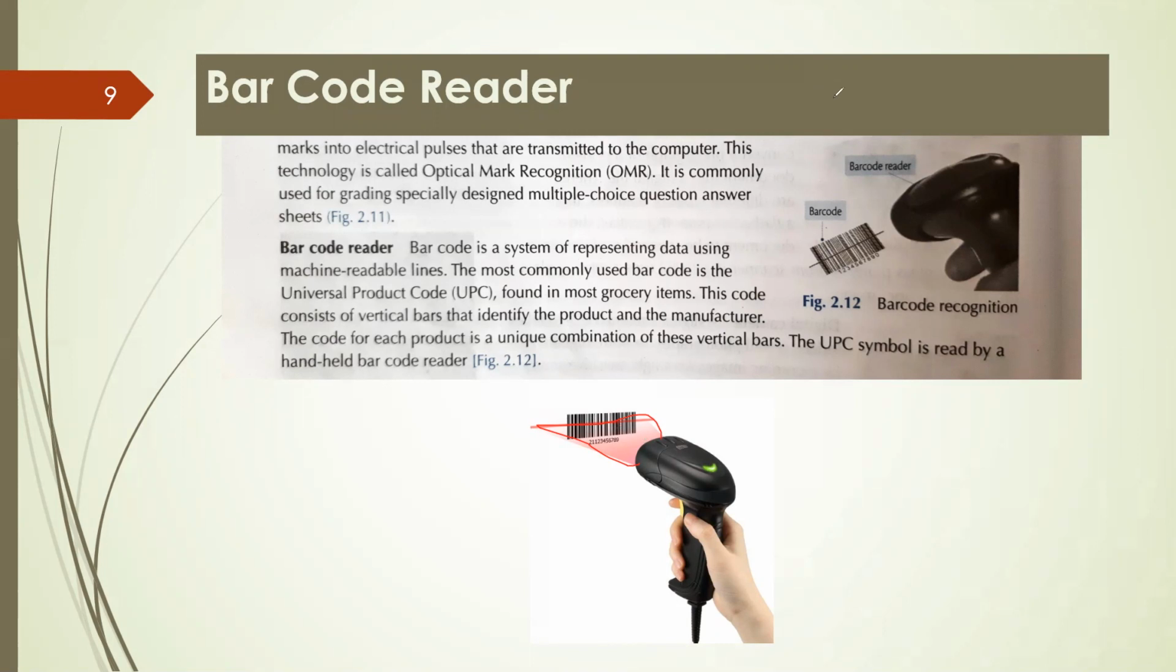All of you already know this, those who have gone to a shopping mall, for grocery items or even clothes, to recognize the brand, price and all. They don't need to look at the price, they just scan the barcode and every piece of information will show in the system. So after barcode, next is